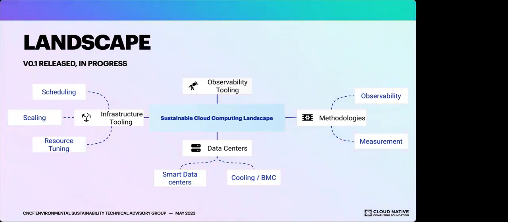Right, so the landscape document, as I said, this is 0.1. We expect to have maybe a next release every half year or so. So maybe at the next KubeCon, we will have the next version. So in the meantime, we can work on improvements.